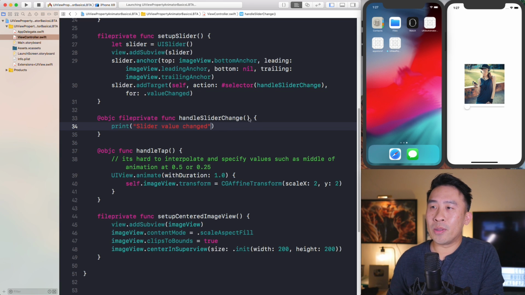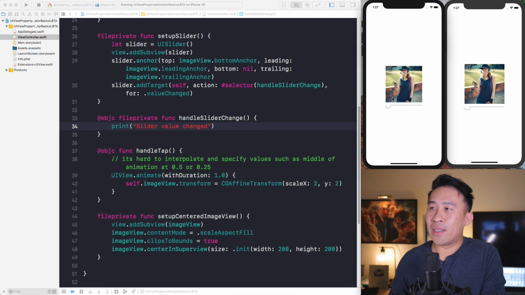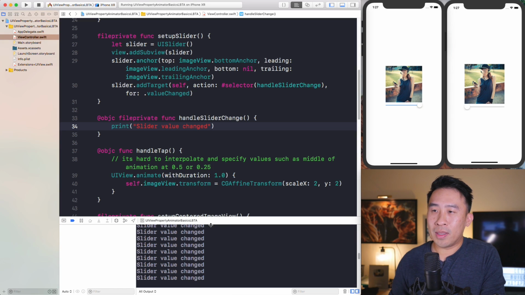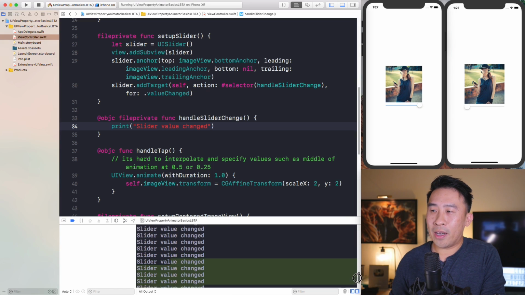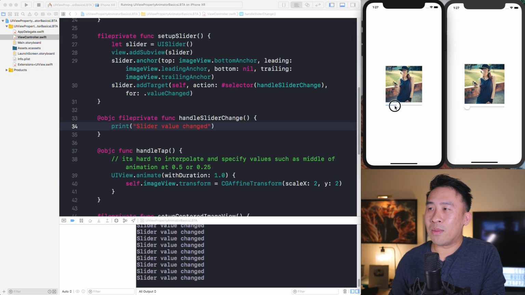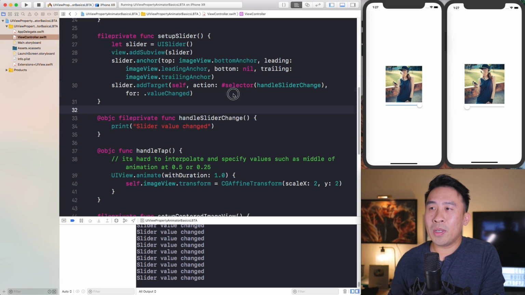And so what I want to do is to capture whenever the slider changes from this value of 0. You can see, you get a lot of these print statements down here being printed out, right? So a lot of these slider value changed. And the question now is, how exactly do we know what the slider value is while we're sliding left to right? Well, this is pretty easy. If you just pop in a parameter inside of handleSliderChange, this callback function. And so you can say slider of